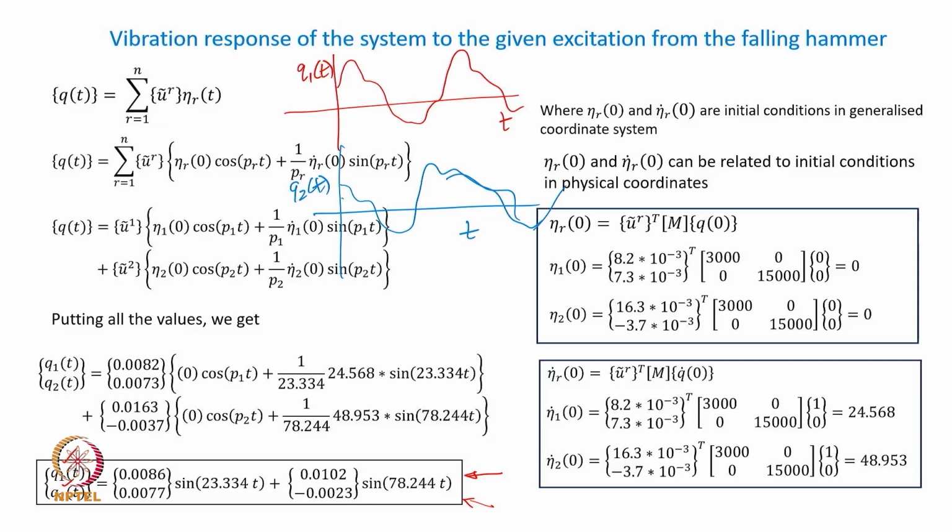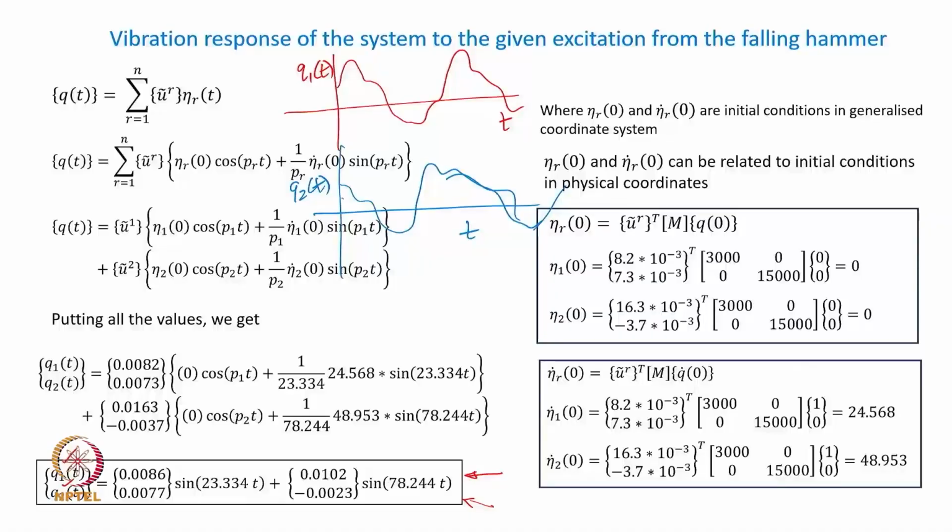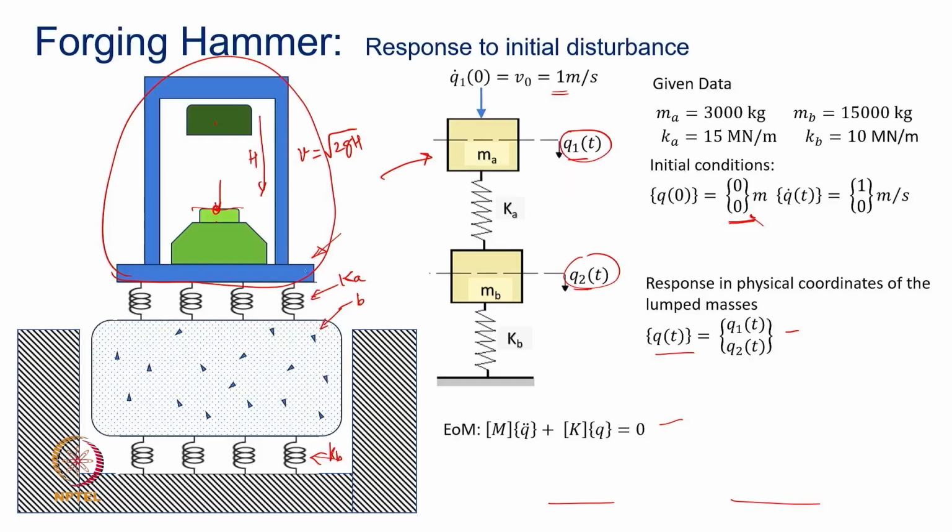Particularly many times we are concerned about the isolators, whether these isolators are going to be proper, because your machine is already designed, you may not be able to make any changes to the machine. It is only the supports that you have a choice of choosing appropriate springs or isolators. So, I can find out how much is q1 minus q2 as a function of time. What do you get by q1 minus q2? So, this is your q1, this is your q2, that is going to give you the dynamic stretch in the spring. How much the spring is getting stretched and compressed,